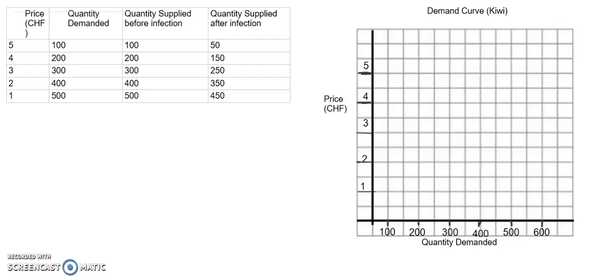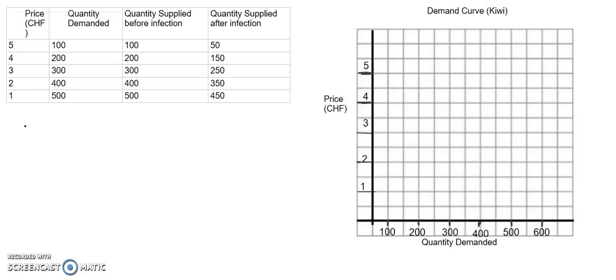And this was about how a bacteria got into some of New Zealand's farms, into the kiwi fruit crop, and they had to delay supply for only a few farms because they were infected with that bacteria. Now I took some of the numbers here, and these are going to help us to